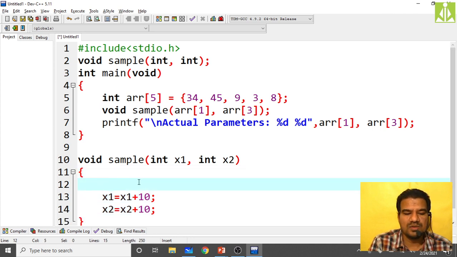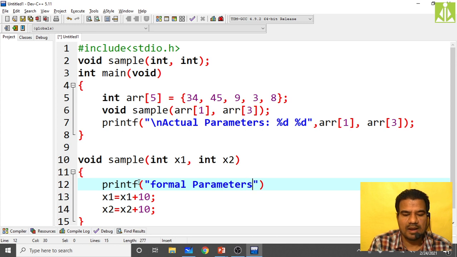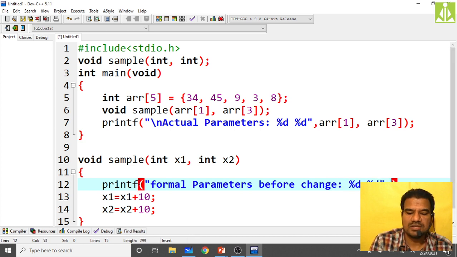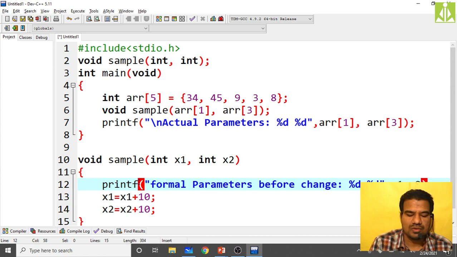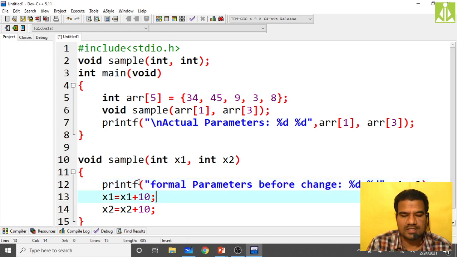So what values have you received? printf, formal parameters before change. What are they? Percentile d, just put those values, that is x1 comma x2, because we are receiving the values into x1, x2.